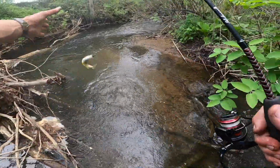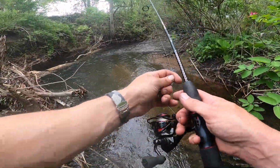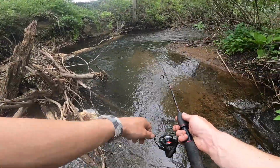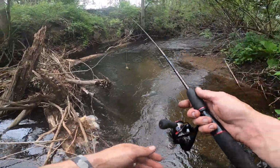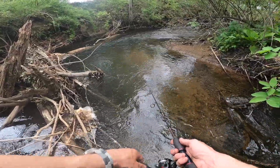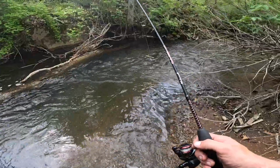Oh, hopefully you guys saw that. Oh, he's off. I'm kind of quickly working my way through this little spot because it's right on somebody's backyard pretty much, and I just don't like fishing right on people's area, even though it is okay, but I try to just move through the areas as quick as possible. But that spot looked too good not to make a quick cast, so